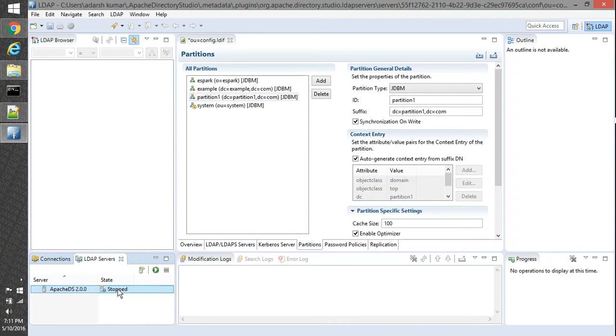The server isn't started yet. Sometimes it behaves very strangely, but now I can see it has started.